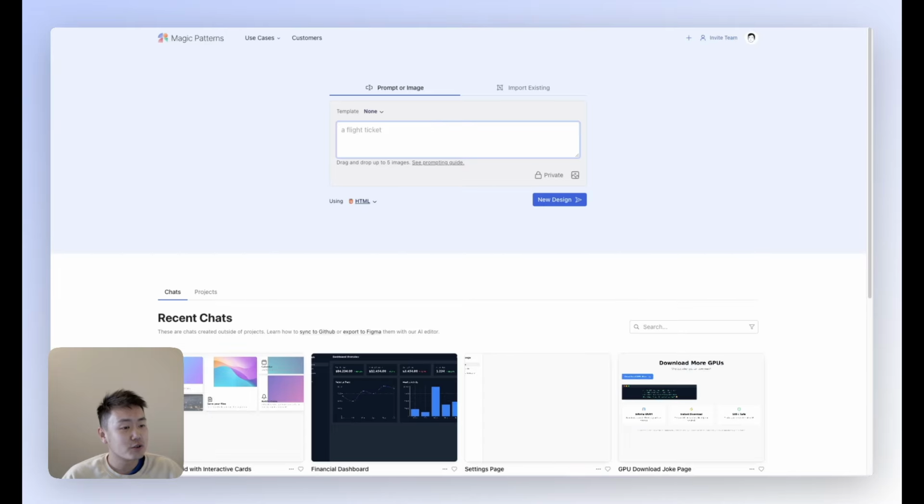Let's get to it. So just to reiterate, our goal is to create a mini landing page for YouTube. We're going to be using YouTube as the example product to help guide our design, both in terms of aesthetic and feature set. So I'm here on the Magic Patterns dashboard, and the first thing we need to do is